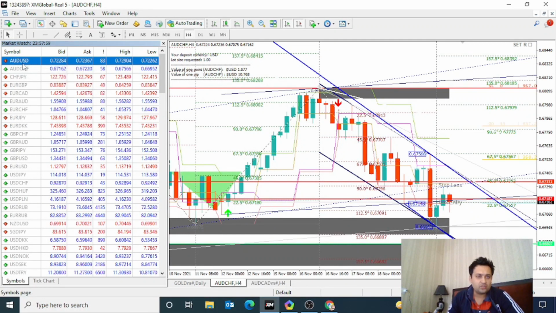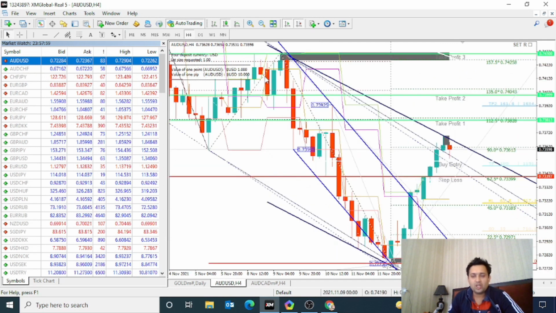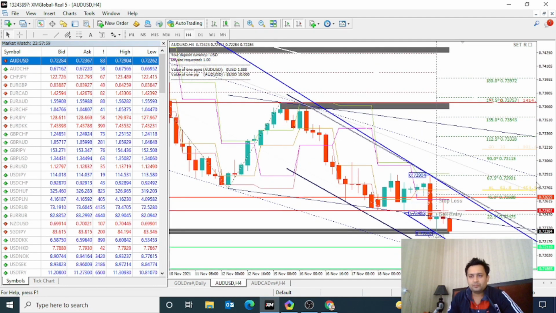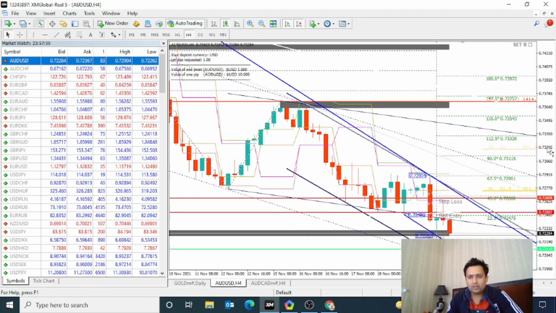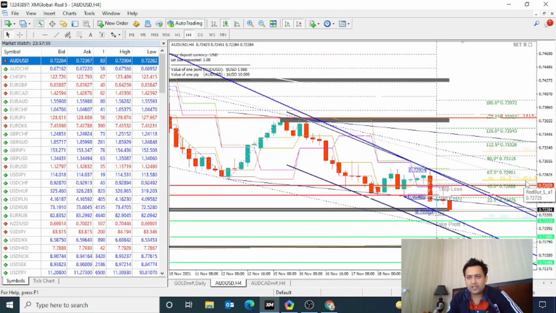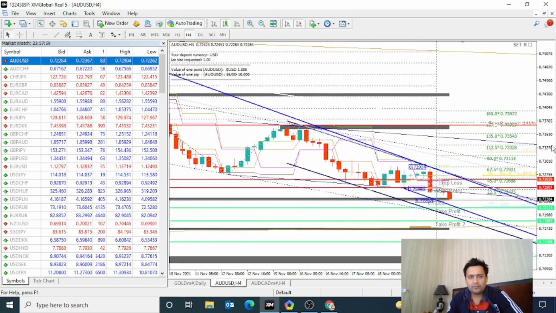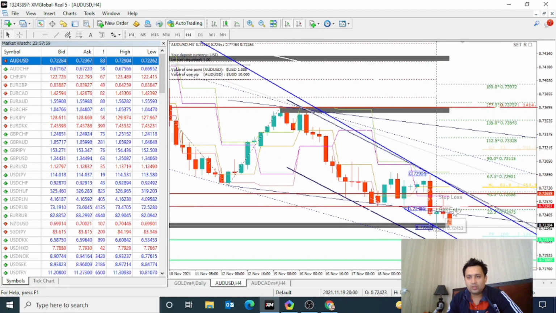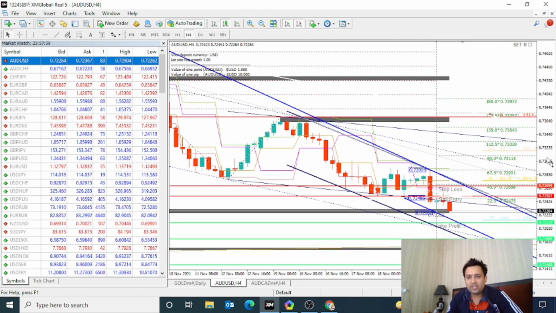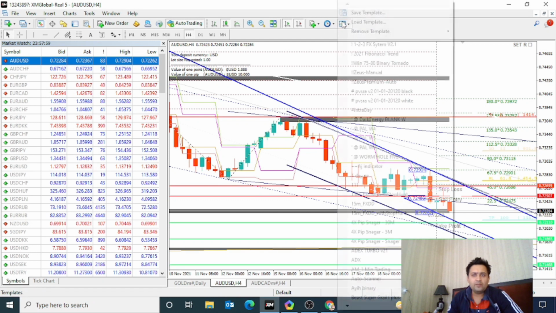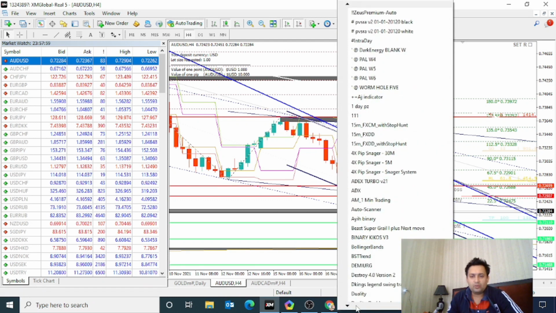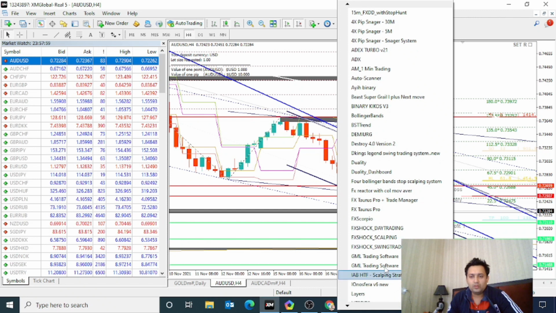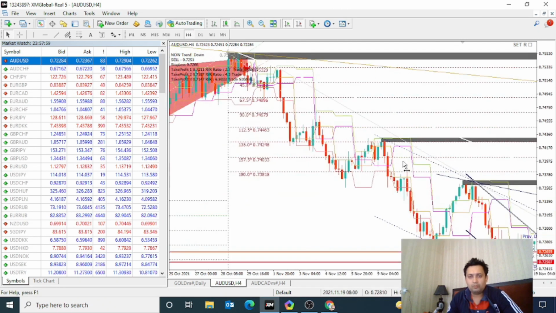For example, this is the Australian USD pair. I am attaching this on this chart, and you can see here this indicator gives you this high level. This indicator gives you the sell entry automatically, at this point, and take profit. First take profit is this. I want to change and give you the proper information.